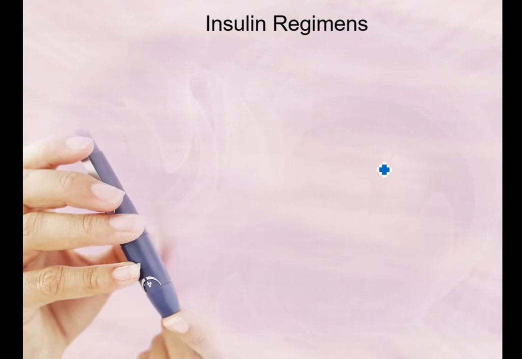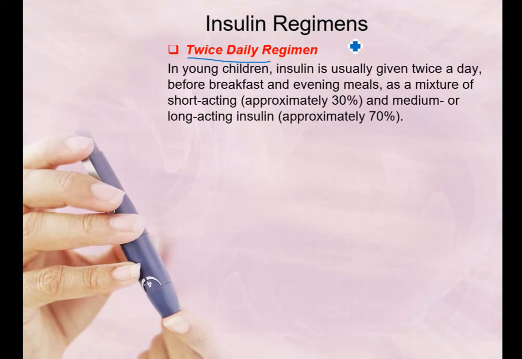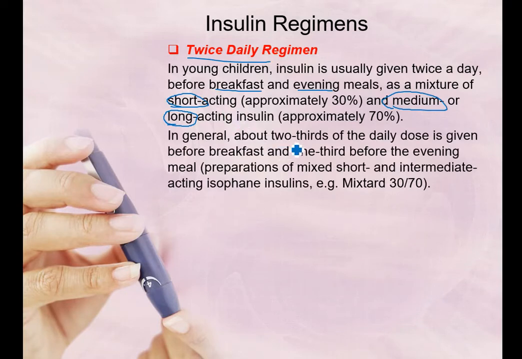Insulin regimens. Twice daily regimens. This regimen is very practical and commonly used for giving insulin therapy. In young children, insulin is usually given twice a day, before the breakfast and the evening meal, as a mixture of short-acting and medium or long-acting insulin. Short-acting is approximately 30%, with the medium-acting approximately 70%. In general, about 2/3 of the daily dose is given before the breakfast and 1/3 before the evening meal,